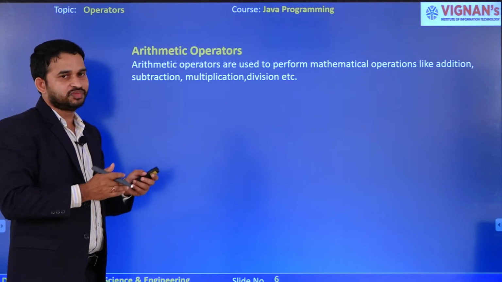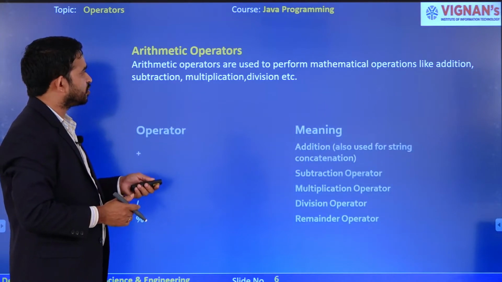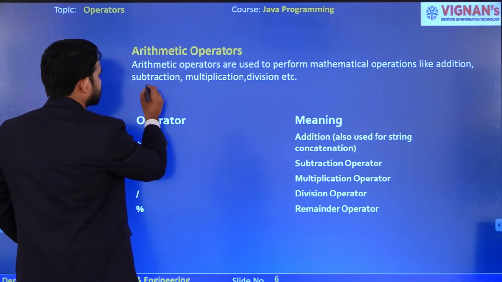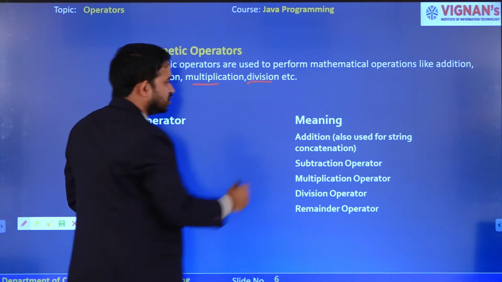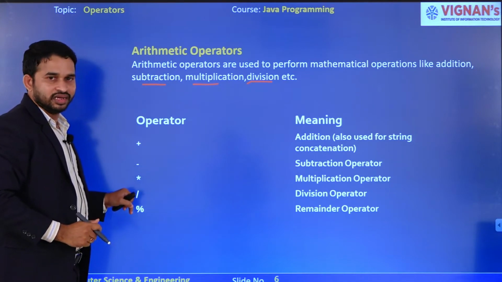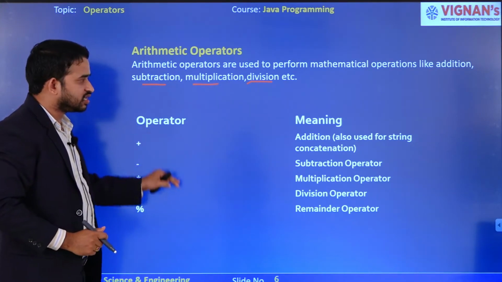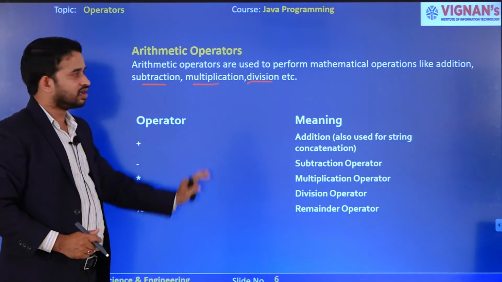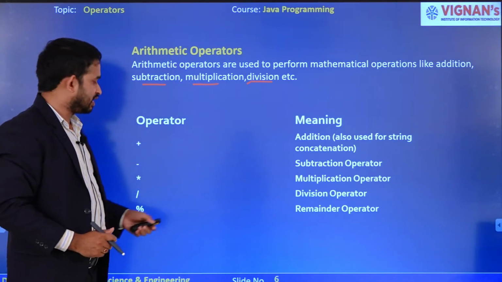All you learned in C and C++, right? So what is the purpose of the arithmetic operator? In order to perform what? Addition, subtraction, multiplication, division, right? So what are the symbols we generally use? Operators: plus, minus, star, modulo, division, right? These are generally used in C and C++. So this is the best example for what? Arithmetic operators. Okay.